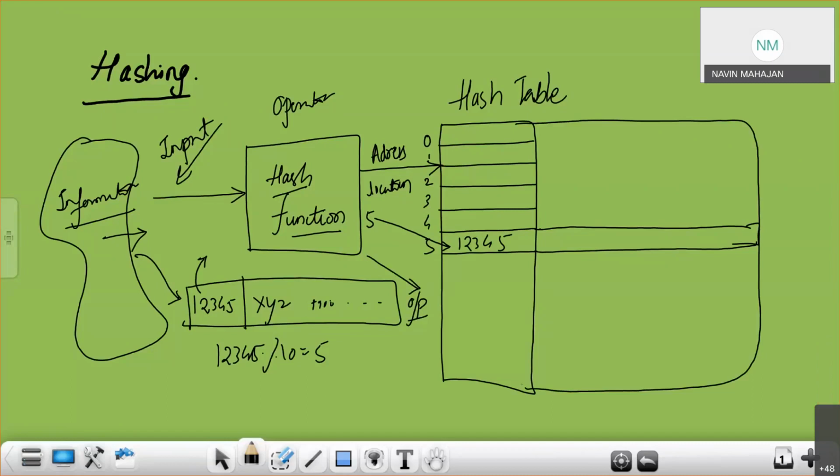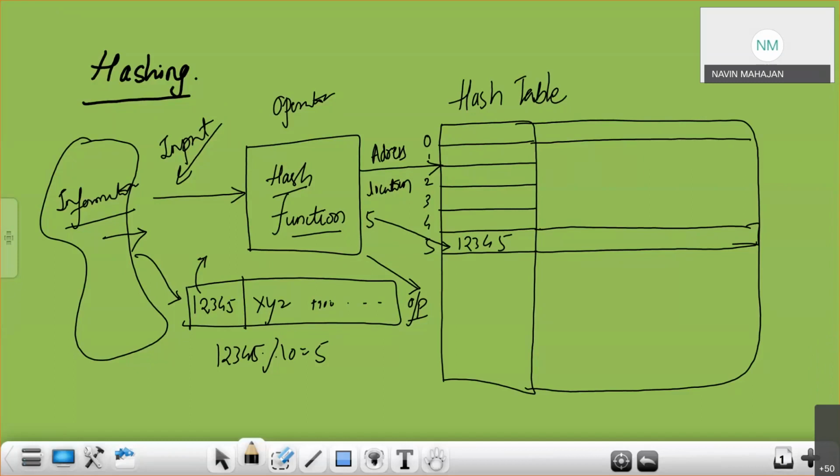So hashing is applying a hash function, or some operation which is called the hash function, on input data, which generates an address or a location in the hash table, and the data is stored in the hash table. Okay, have you got this?